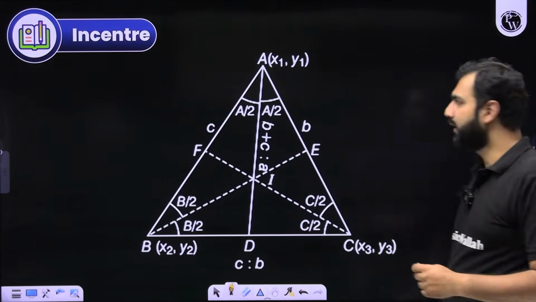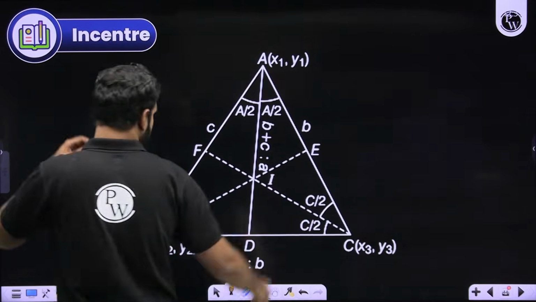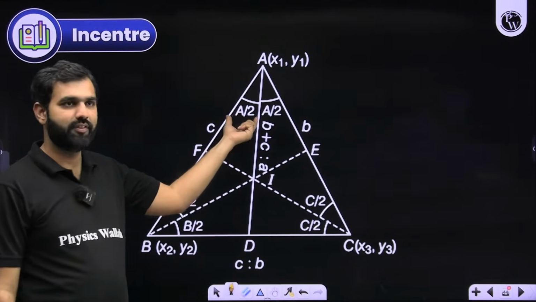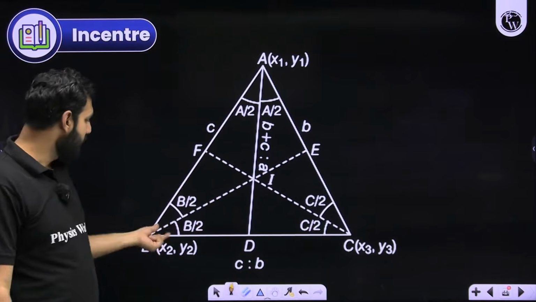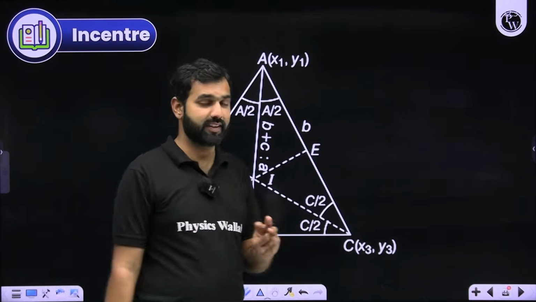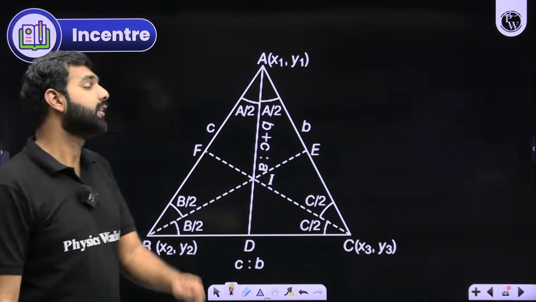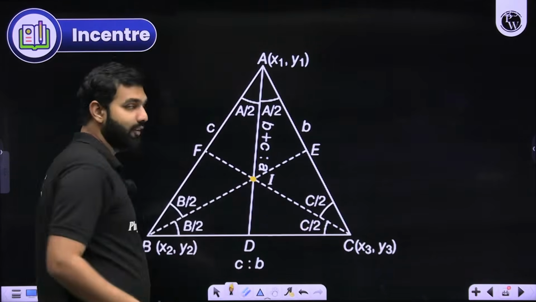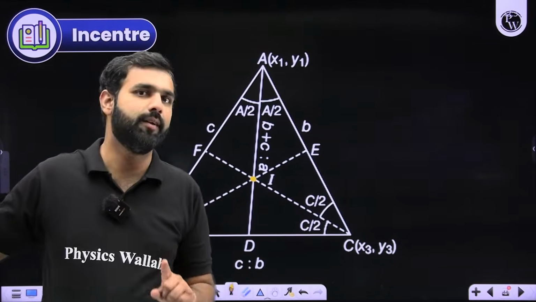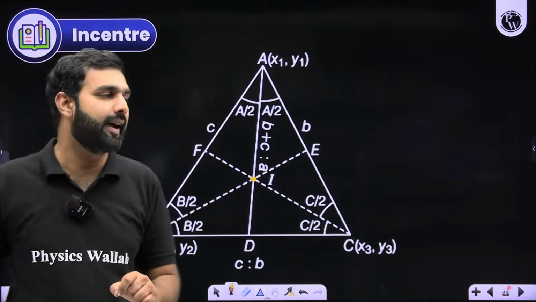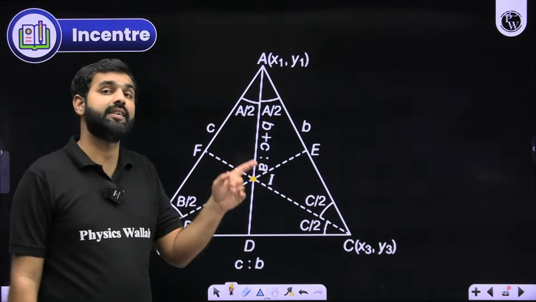Now what does it mean? It means, for example, there is a triangle that looks like this. In this triangle, I have drawn the angle bisector of angle A, which is A by 2, A by 2, angle B, which is B by 2, B by 2, and here angle C, C by 2, C by 2. So these are the 3 internal angle bisectors. All these 3 internal angle bisectors will be concurrent, which means all of them will pass through one single point that will be denoted by, let's say, capital I, and this I is going to be the center of the circle,